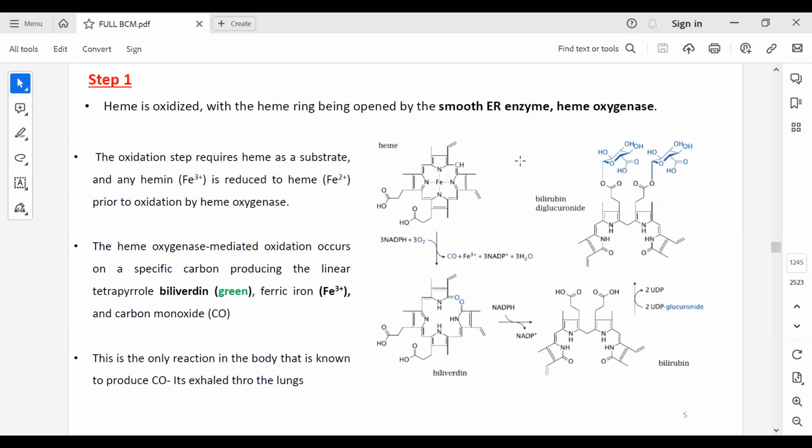This process happens in the smooth endoplasmic reticulum, and that's where we have the enzyme heme oxygenase, which does this heme metabolism. It requires heme as a substrate, and any hemin is reduced to heme Fe3+ to Fe2+ prior to oxidation by heme oxygenase. The heme oxygenase-mediated oxidation occurs on a specific carbon. So all this in simple terms is that these